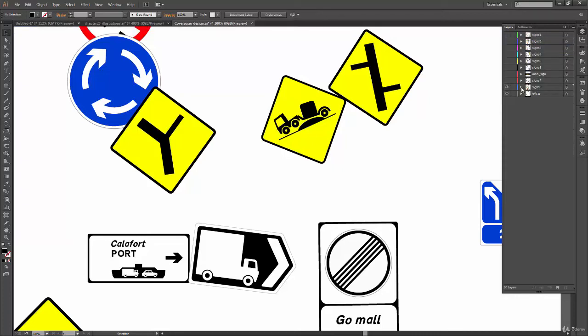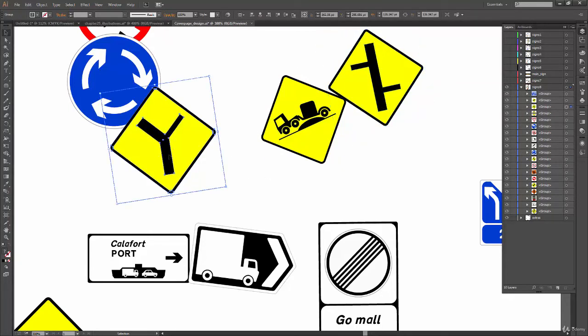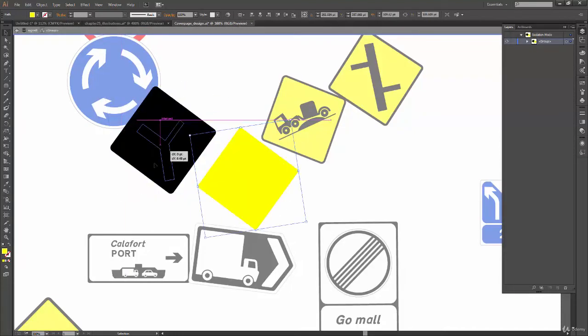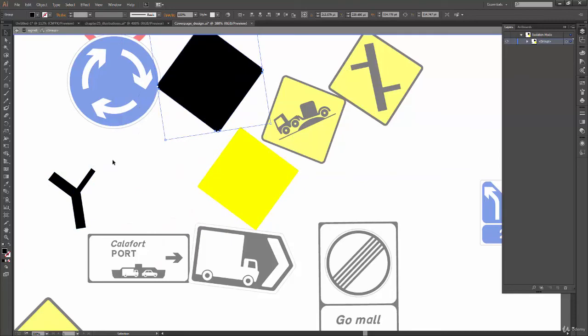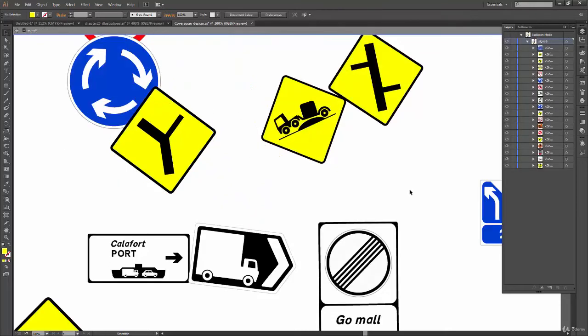What does this right pointing arrow, just the tip of the arrow, do? When you click on this arrow, it opens the layer. And now it is showing all the groups which are present inside the layer. These are groups, all the signs I have grouped together. So I can double click and go inside any of these groups, and now I have the ability to change or move the shapes of this group. And I'm just going to undo it right now and go back to our artwork.